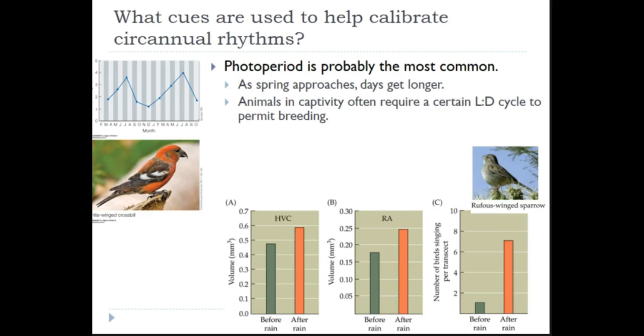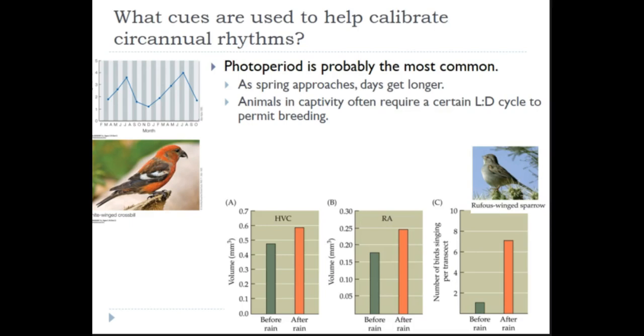Dr. Wolf keeps a zebrafish colony, I think that's right, in the vivarium that she uses for developmental studies. But in order to get them to breed, she has to screw around with their light-dark cycle. If she holds it constant, again, they won't breed. So animals clearly seem to pay attention to this. This is just one example.